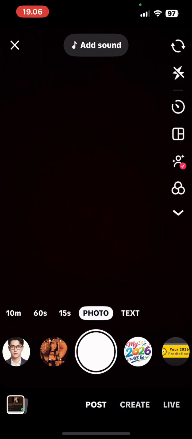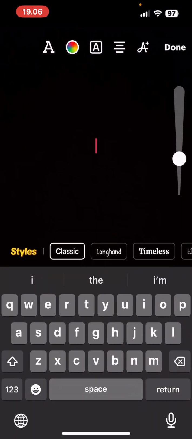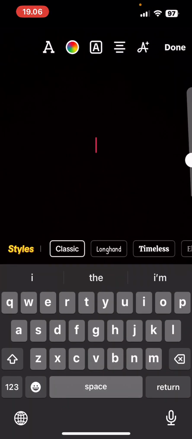Anyways, I'm just going to randomly take a picture like so. Okay. And hopefully there's no music. Okay. And I'm just going to select the text. And this is where you're going to add all of your hashtags. And yes, it counts. So I'm just going to type like